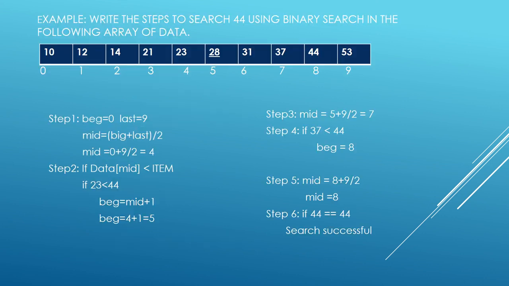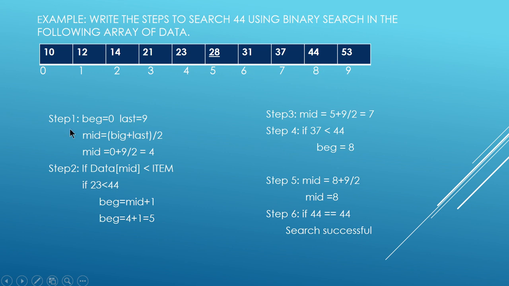So let us understand this algorithm with the help of an example. Okay, so these are all the list of elements. I am going to apply that logic, and then I am going to check how it is working. So this is my 0th index. There are 10 elements, and this is the 9th index. Just the index I have given, and then I want to find the value 44. Okay, so here it is 44. I am going to see how I will be able to find it.